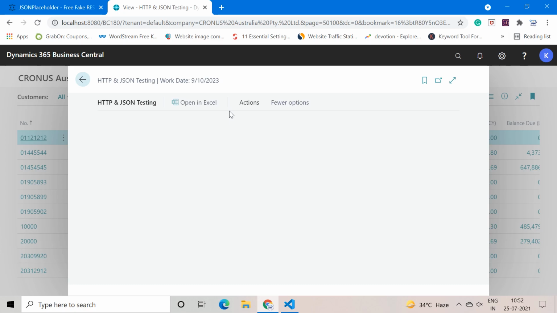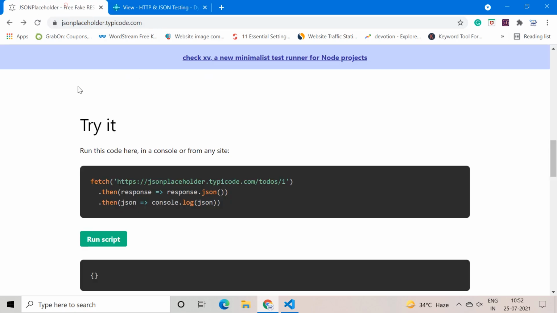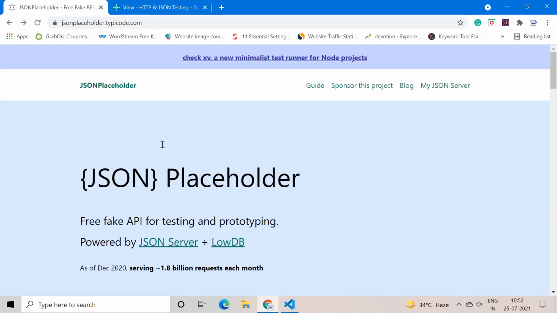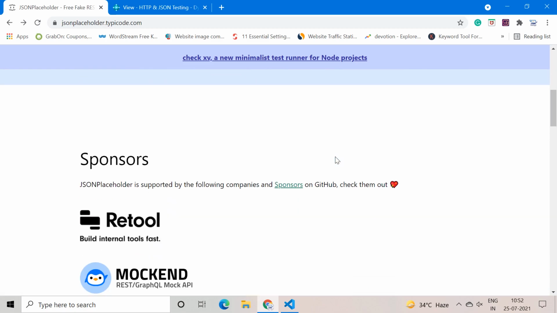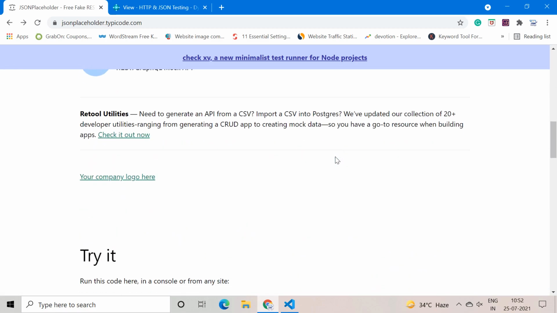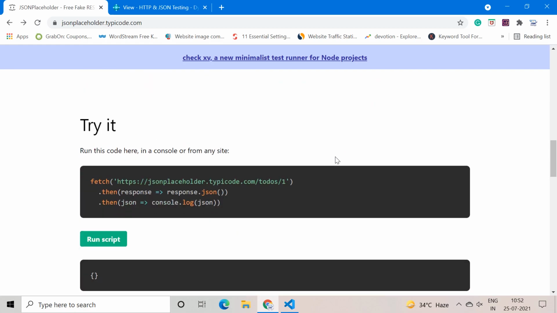Then in the second video, we checked out this free public API website which contains the data in the JSON format, and then we connected to this API and fetched the data using the get method. And in the third video, whatever data we are getting from this website in the JSON format, we will read that JSON format and store it in our custom table.